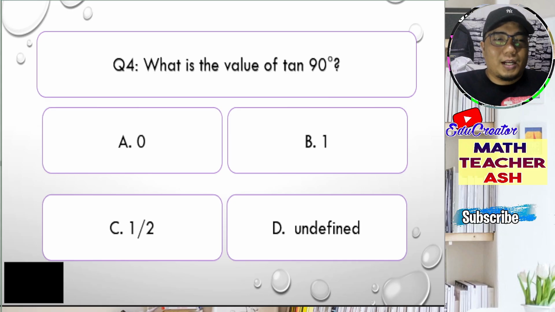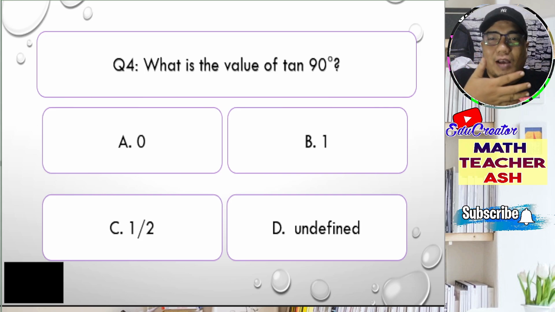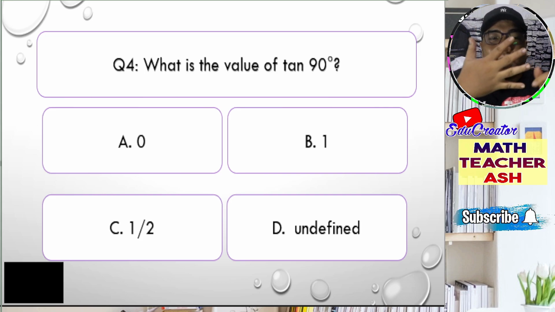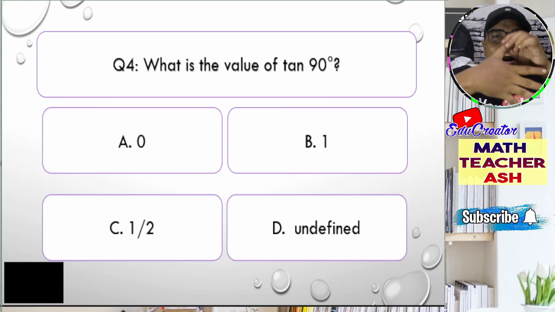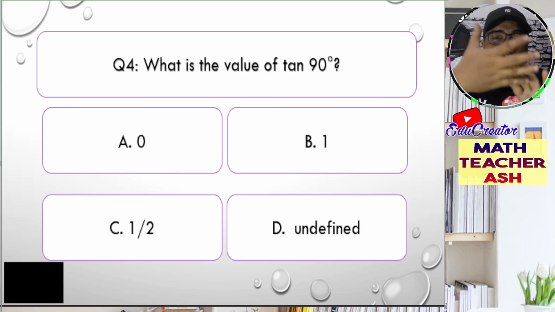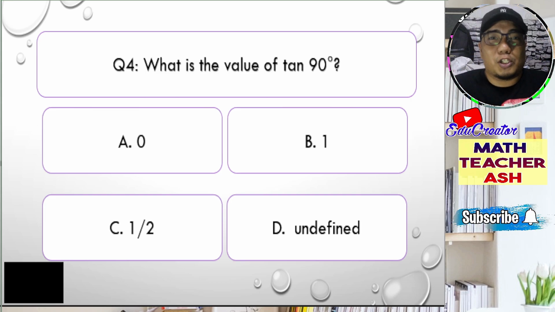Alright, my dear math learners, we are down here to the topic, special angles of trigonometry. Now, if you can remember the hand technique, tangent 90 degrees means it is the sine over cosine. So if you have this figure, we have here the 0 degree, the 30 degree, the 45 degrees, the 60 degrees, and the 90 degrees. So if you have considered the 90 degrees, then it is square root of 4, because there are 4 fingers, square root of 4 over, there is none here, so square root of 4 over square root of 0, which gives you 2 over 0. Now, what is the simplified form of 2 over 0?